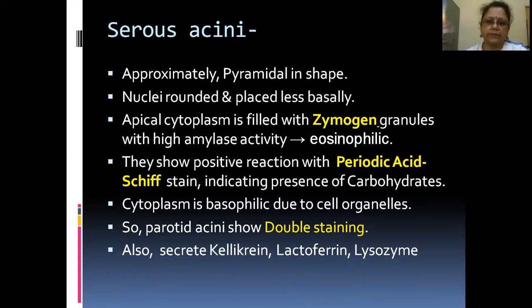Look, a few things I've been saying, these are important for viva. Okay, suppose you get a parotid slide or a submandibular gland slide or sublingual. It is not that they'll ask you only about the parotid or whatever slide you get. If you get one, they'll ask you about the other two salivary glands. Okay, so what they secrete and why, what about the staining part, everything they will be asking you. Okay, so this topic is very important practically and very basic. Okay, so please listen to the class carefully and any doubt you can ask me later.